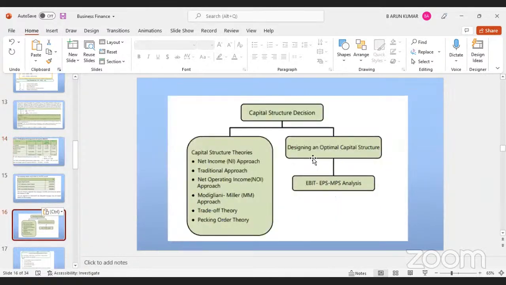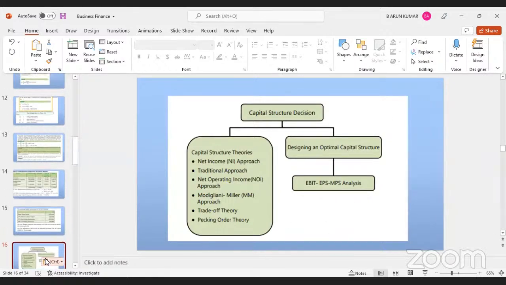Okay, today we come to the next chapter, that is capital structure decisions. In this capital structure decisions, mainly we are discussing two things,